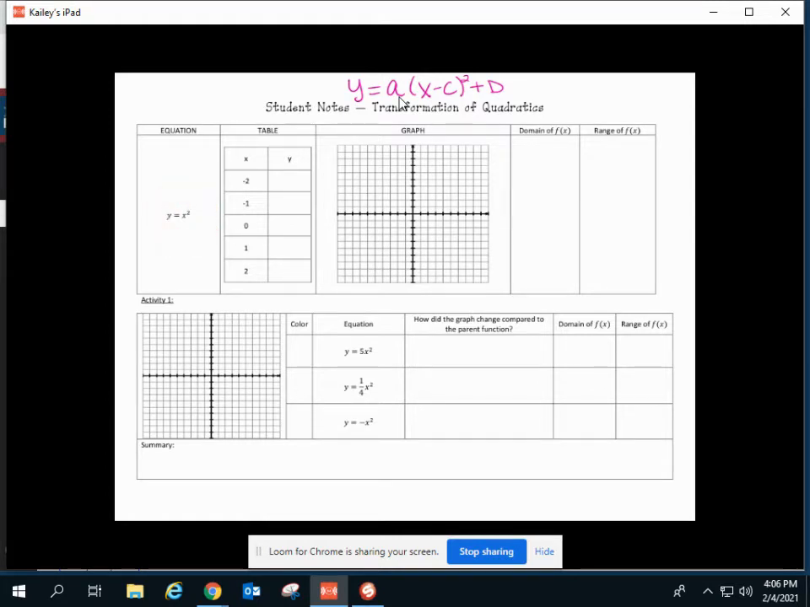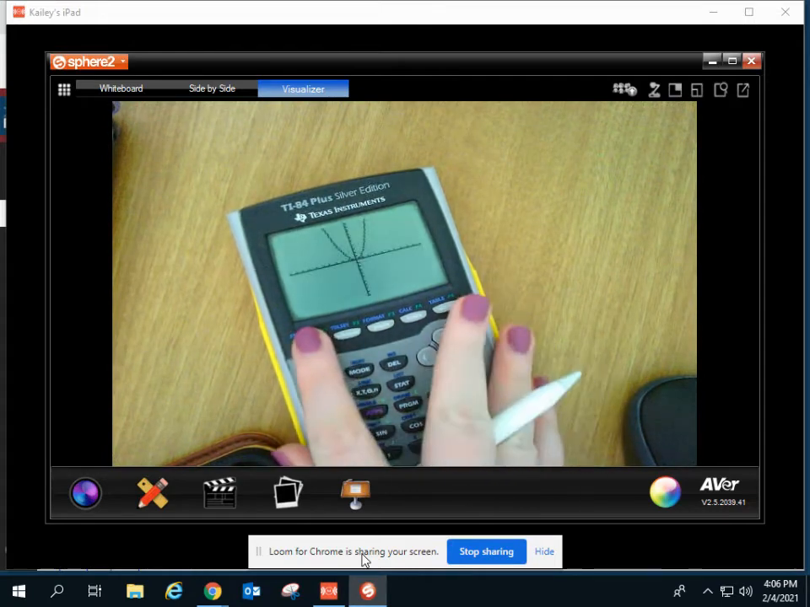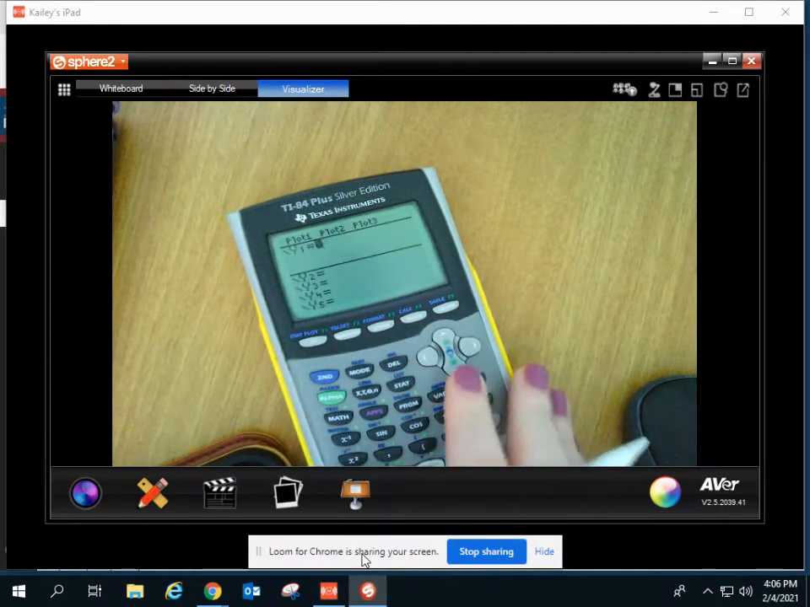The parent function of quadratics is y equals x squared. And we are going to fill in the table of the parent function and then graph it real quick. We did this with our intro to quadratics unit, and so it should seem familiar. To do that, I'm going to type it into y equals on my calculator. So if you want to pull your calculator up,